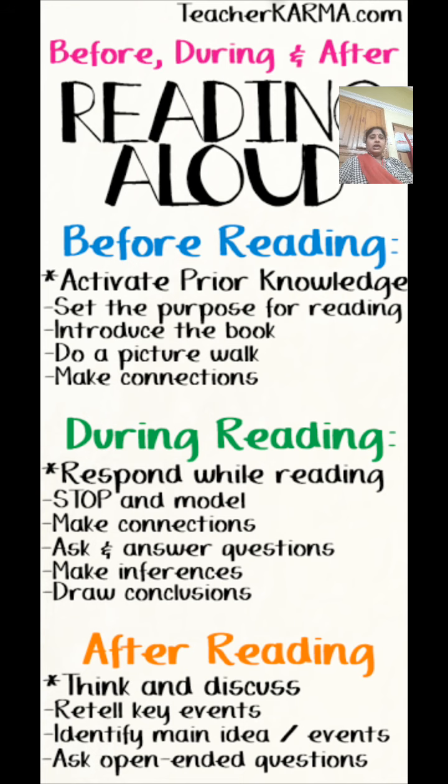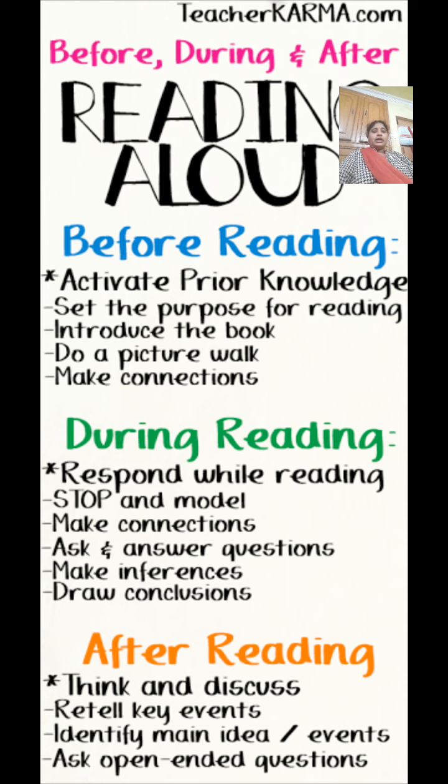See, before reading, activate prior knowledge. Suppose we selected a book called Ecosystem to read. We are going to know what is meant by ecosystem. We selected a small book. Just assume that you selected a book in which you are going to get knowledge about ecosystem. So before reading, during reading, after reading, these are the 3 steps to be followed. I think you understood all the 3 steps.